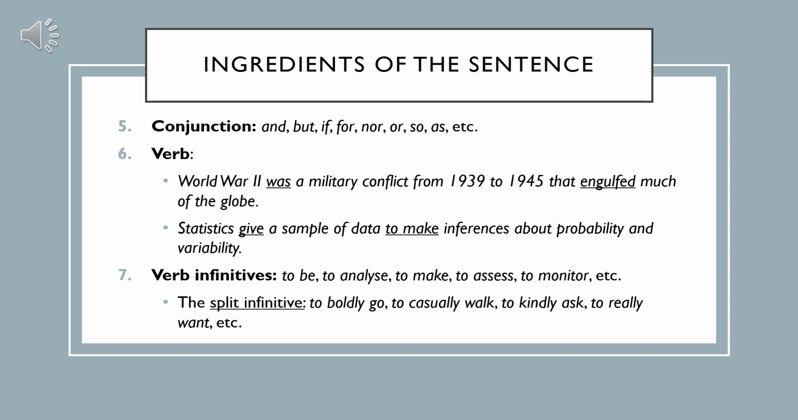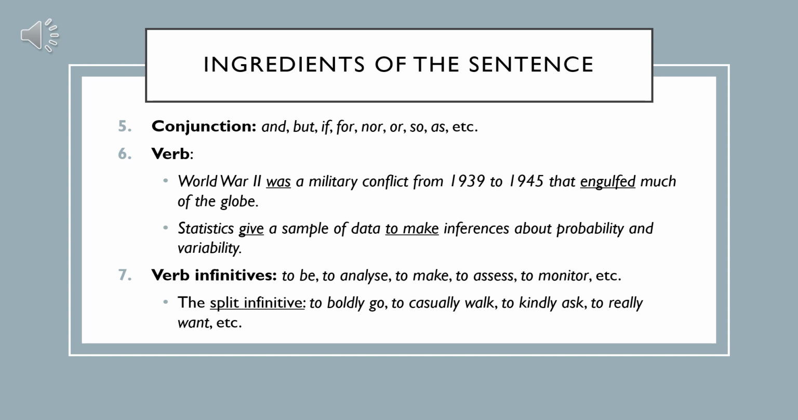A verb is a word that describes the action, state, or occurrence of the sentence. For example, World War II was a military conflict from 1939 to 1945 that engulfed much of the globe. In this sentence, the word was is the past tense version of the verb to be, and the word engulfed is the past tense version of the verb to engulf. The second example here is,